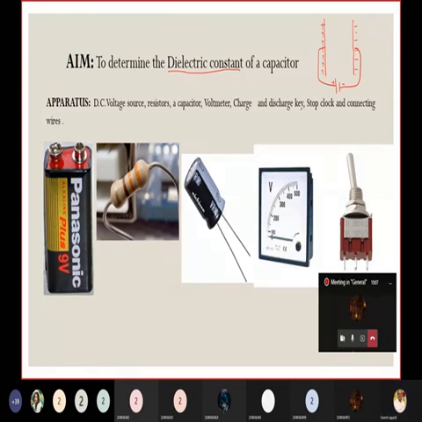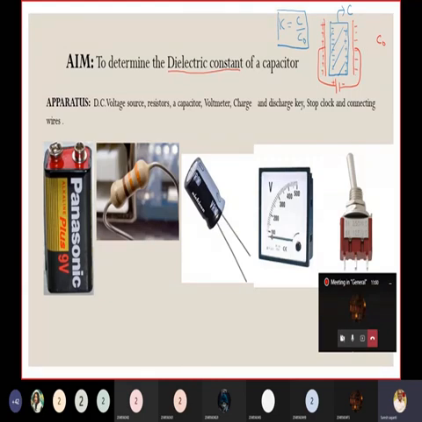Now, if you introduce a dielectric slab, when you keep a dielectric slab in between the capacitor plates, what happens? The dielectric will be polarized. All the positive charges will be aligned towards the negative terminal, and all the negative charges will be aligned towards the positive. With the introduction of the dielectric slab, the capacity is C, and we said that K is equal to C by C naught. The ratio between the capacity with dielectric to the capacity without dielectric, we call the dielectric constant. So we want to find out the dielectric constant of a capacitor.